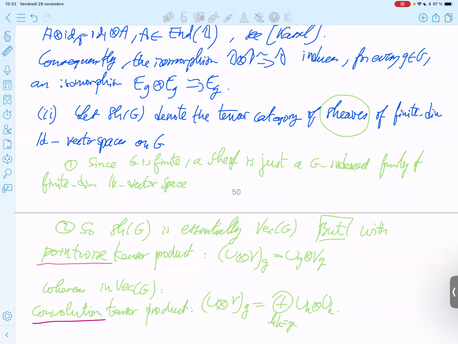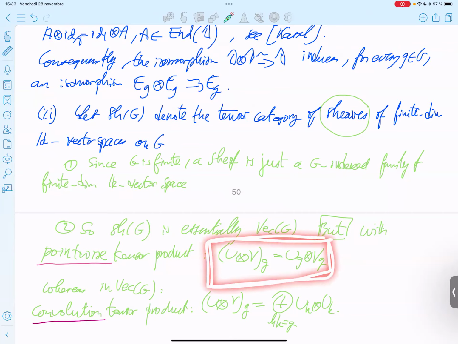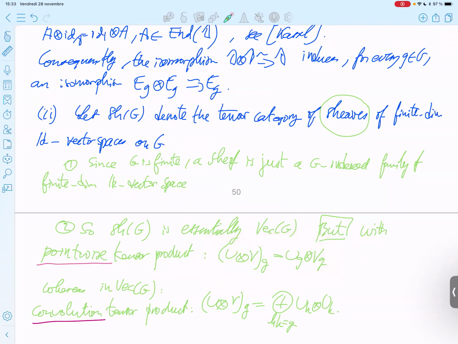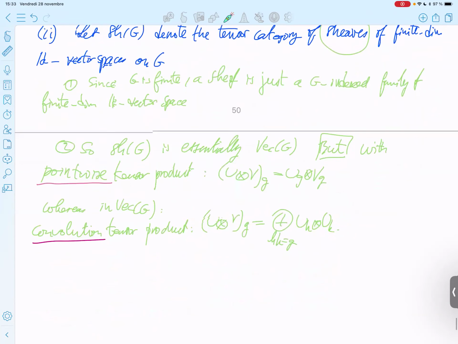Okay, so be careful here. For the sheaf tensor category, we consider this pointwise tensor product. Again, this was not specified in the paper, so I suspect this is the one they consider. In the literature, most of the time, it is like that. I saw some rare example where they consider the convolution tensor product also for sheaf, but usually it is like that. And because they choose to specify something different from that, I expect that because this is the only possible difference, you really have pointwise tensor product.